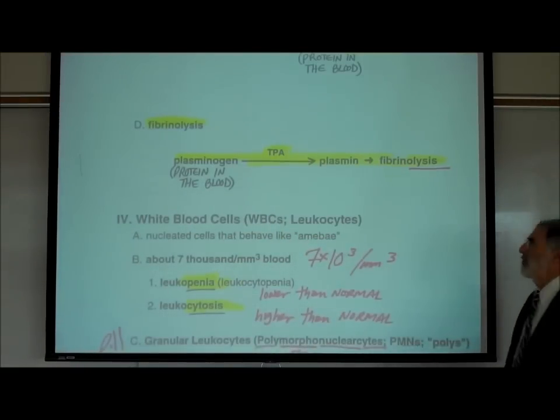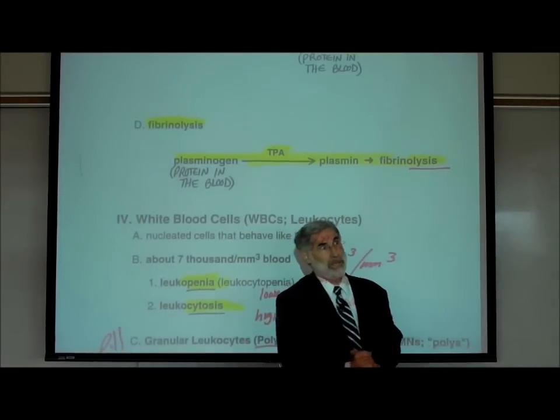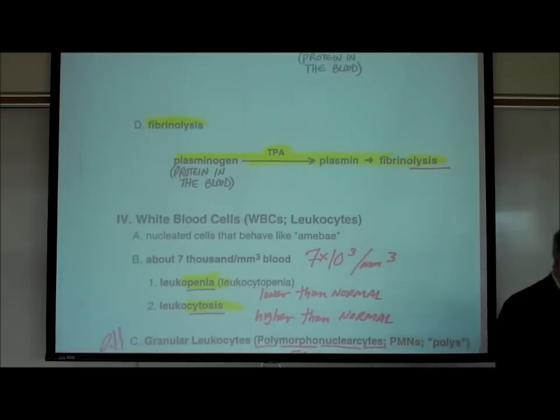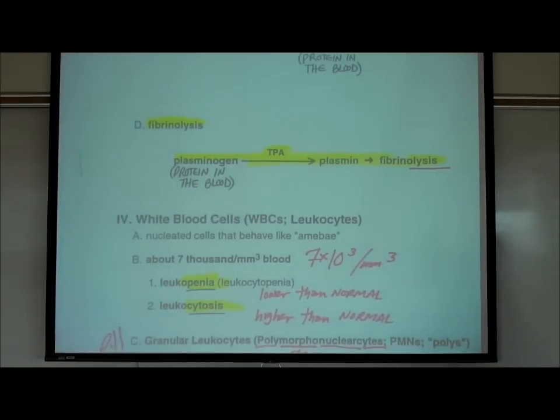Okay, and of course, where would plasminogen, that protein in our blood, be produced and secreted? The liver. All right, so much for blood platelets. Now, before we